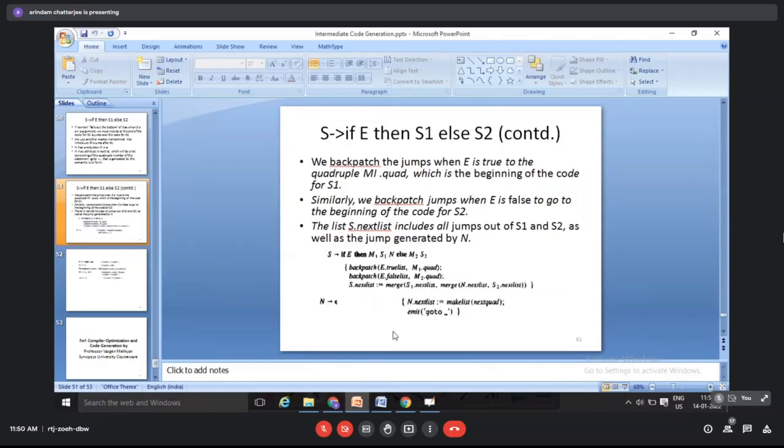And that's why we have merged N dot next list and S2 dot next list first. Then the merged list is merged with S1 dot next list to make sure after S we go to the appropriate place, which is after S1 as well as after N and S2. Okay. This is how you can generate the three address code for backpatching, which is ready for backpatching